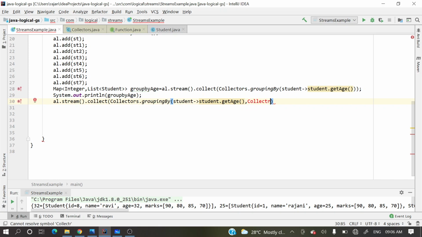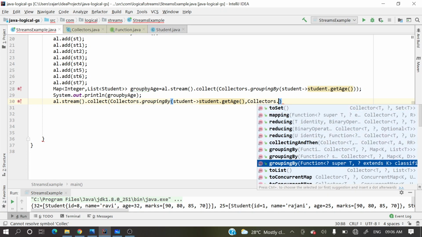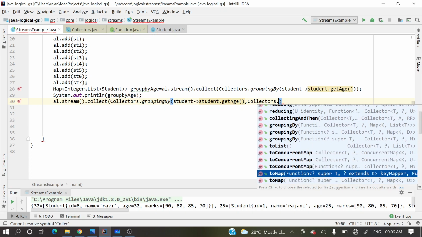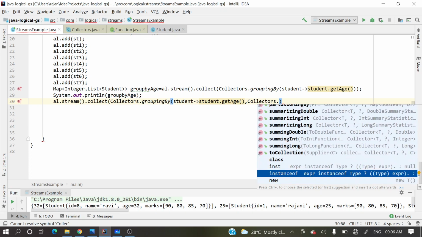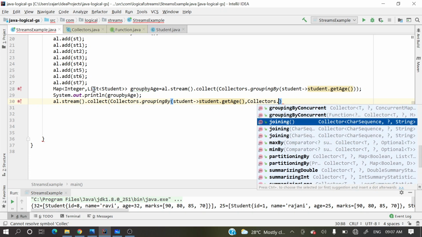Collectors dot, so a lot of reduction operations are there. You can perform any reduction operation based on your desire. So currently, in that map, instead of key as Integer and value as a list, I want the map key as Integer and value as a set of students. So let me perform one reduction operation.